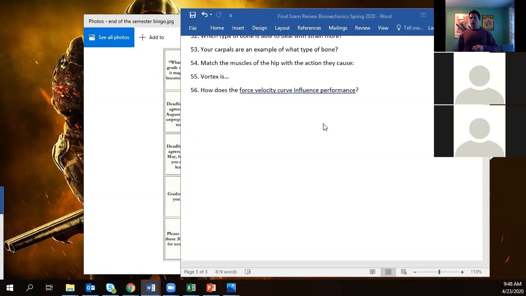Now, effectively, what does that mean for sporting performance? In some sports, you won't produce as much force because you'll be focused on speed. But then in others, it might benefit you to go slower to produce more force. Now, can you think of any sports where it's better to go slower? No. Okay, so effectively, we're always trying to do things as fast as we can. And remember, when we're looking at force times velocity, effectively what we end up with is power. So we're trying to have the highest power output.